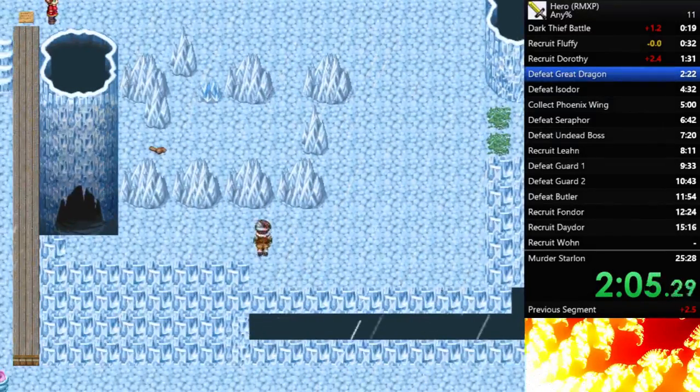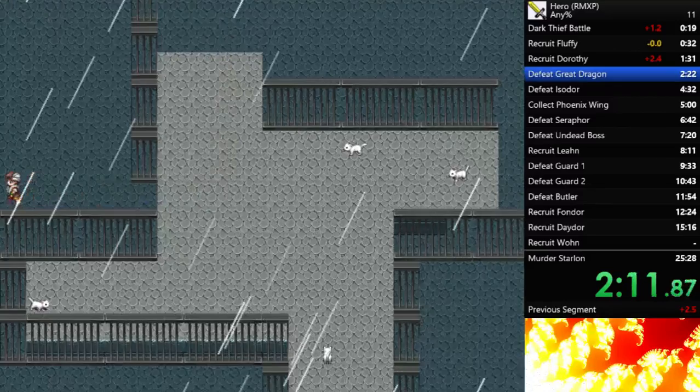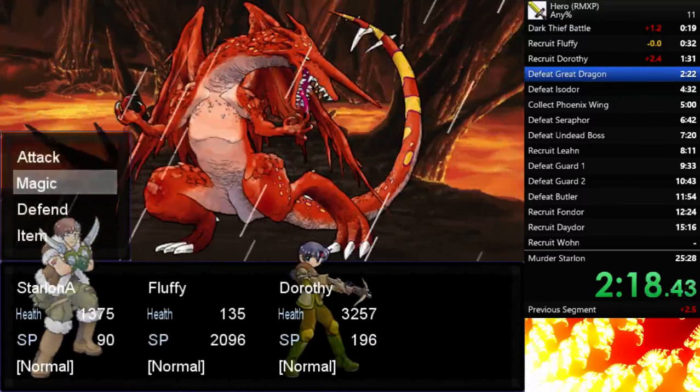The Great Dragon can be a little bit of a troll. Basically all of the enemies in this game can and will kill you, because some of them are pretty overpowered, and the RNG factor in this game is pretty high. Also, you'll notice in this game,